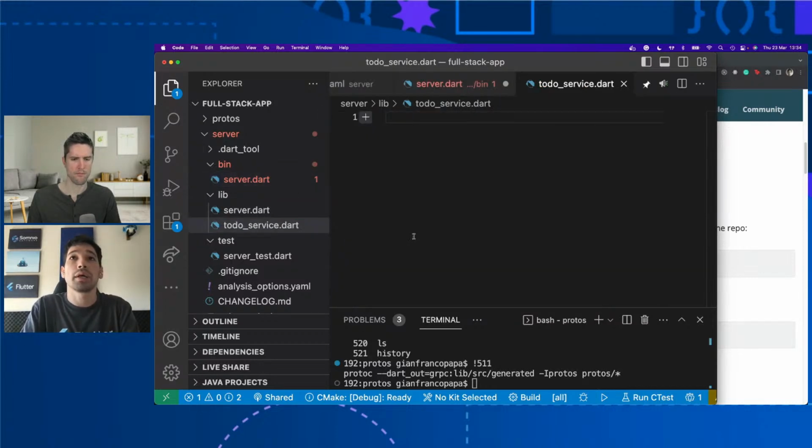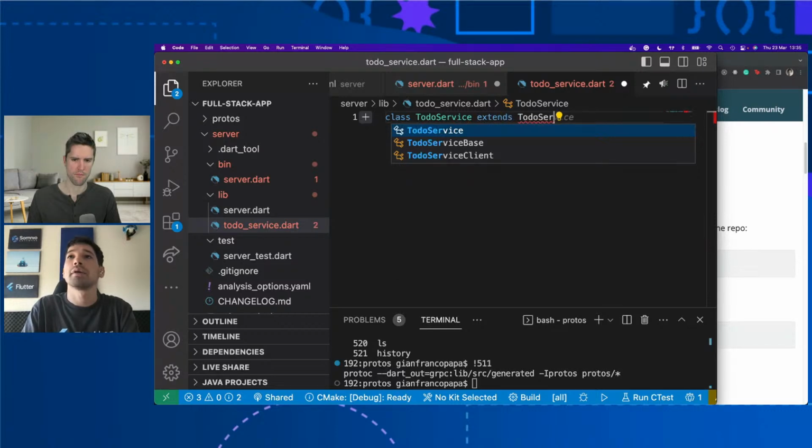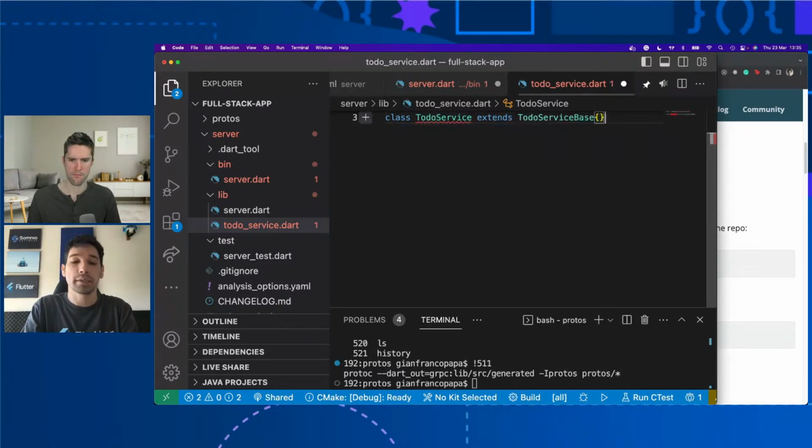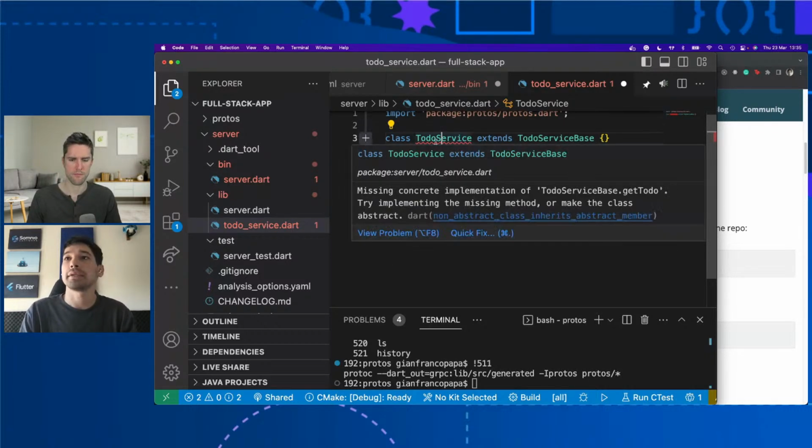And here we can actually create the service, and we are extending the ToDoServiceBase. Okay, so for this ToDoServiceBase, we have a red highlight here because we are not implementing the getToDo method yet. Remember that we defined that method in our service, so it more or less works like an interface.